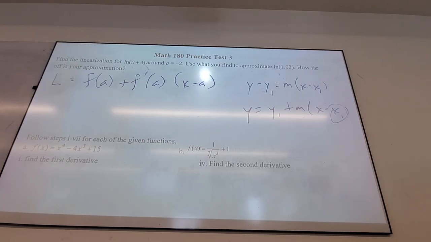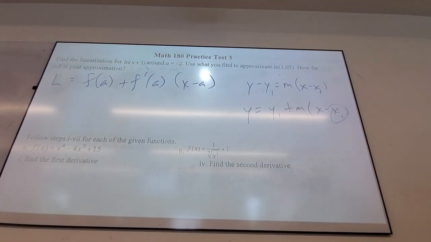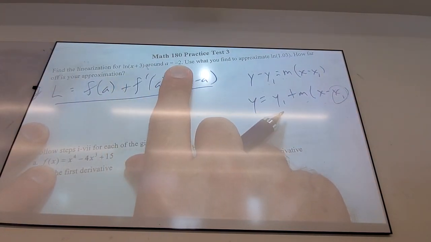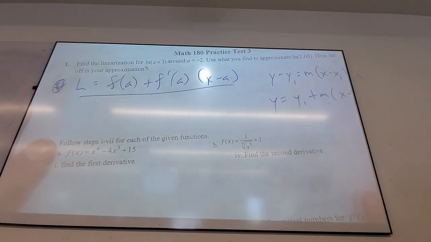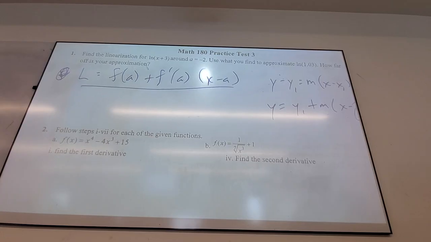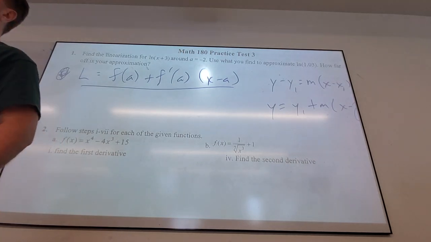But for right now, it's just a practical application of finding tangent lines. There's a purpose besides just, can you make a line? Making a tangent line gives an approximation for the original function. It's great. So even if you don't want to memorize this, and I would be cool if you didn't, you just have to say, how do I find the tangent line of a function at a value? What two things do I need for the equation of any line in the universe? Slope and a point.